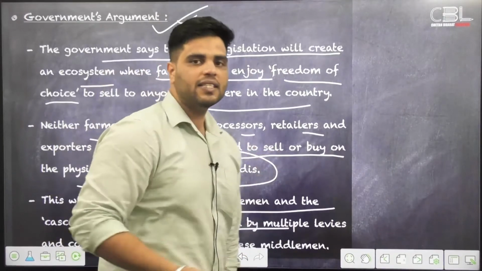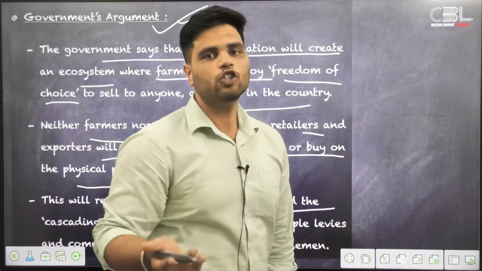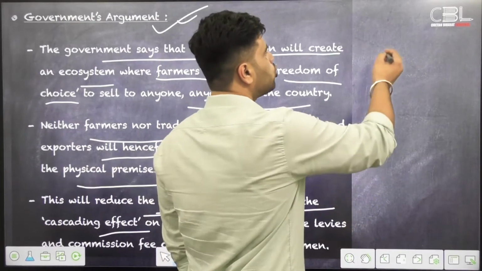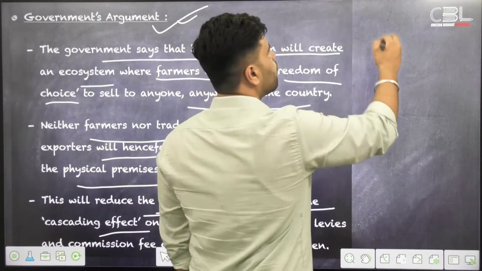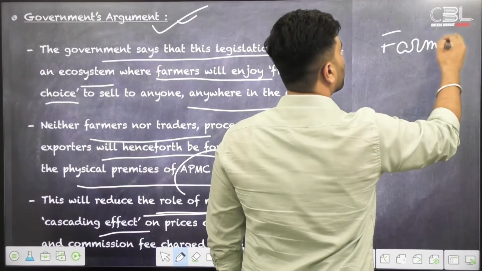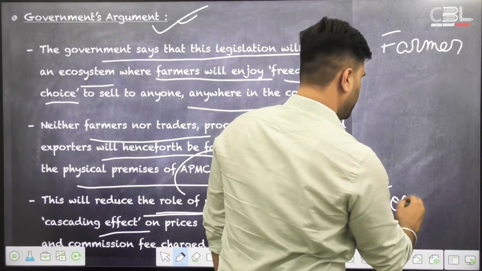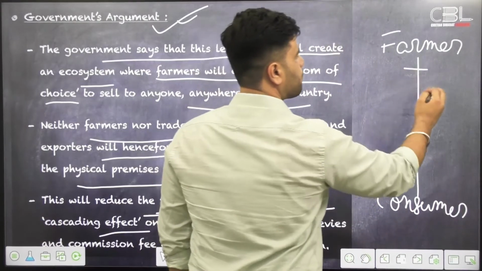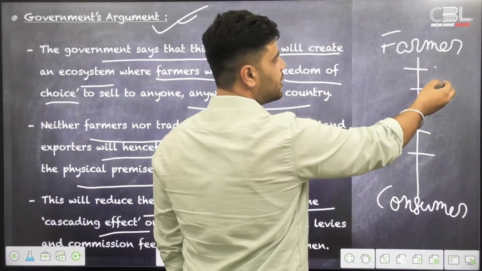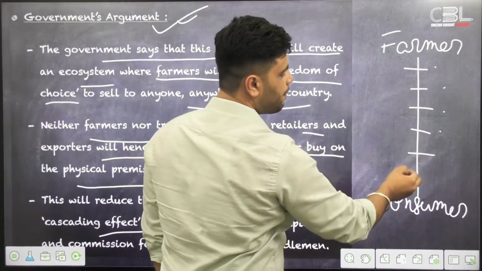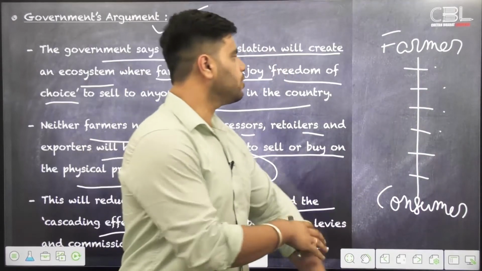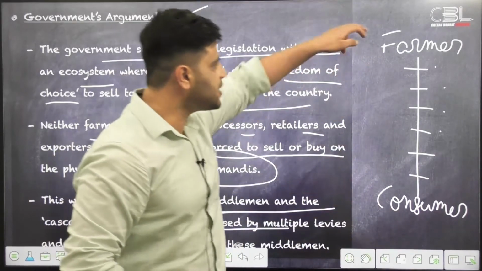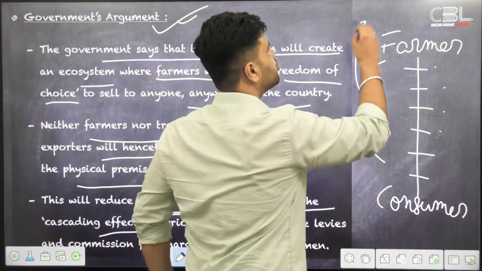Now, what do you mean by this cascading effect? You see, the agricultural commodities that reach us, the consumers, go through a series of middlemen. From the farmer or farm gate, they reach their final consumer through a series of middlemen. Here is the wholesaler, then retailer, food processor. There are many middlemen through whom these agricultural commodities go. This particular thing is known as the supply chain of